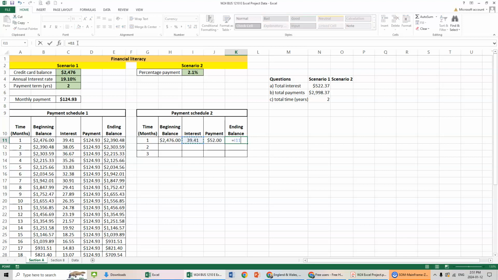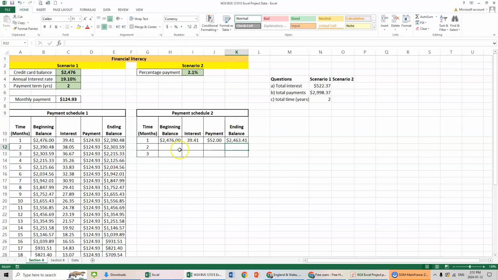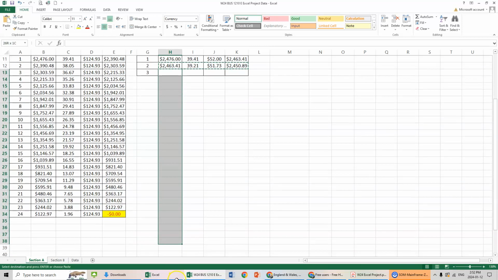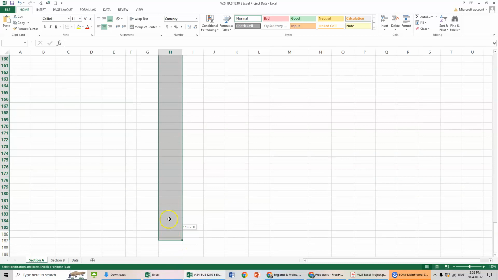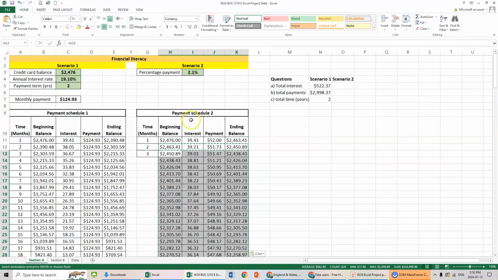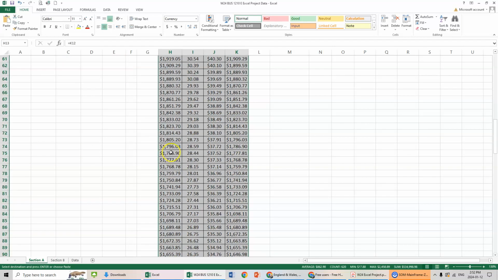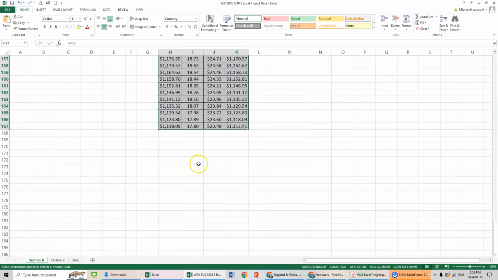And our ending balance is beginning balance plus interest minus our payment. Let's stretch that out. And we can do the same thing for the second month. We have to do this a little differently here. We can copy these three down. And then we can go ahead and copy these ones down here. And it's going to be a little longer than that. Basically, we're going to go down until,